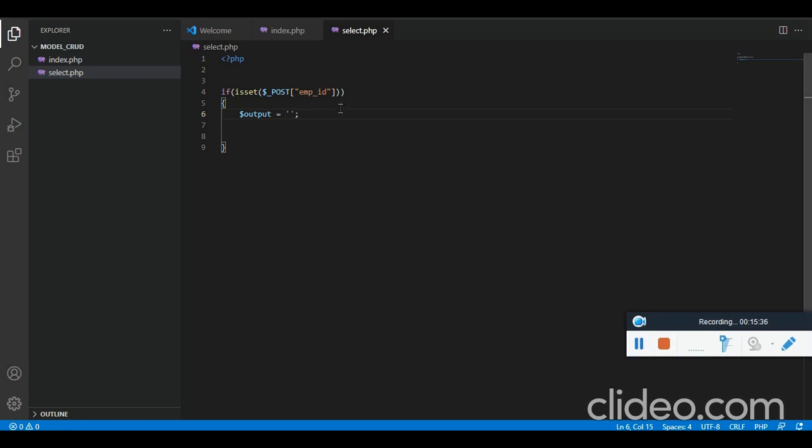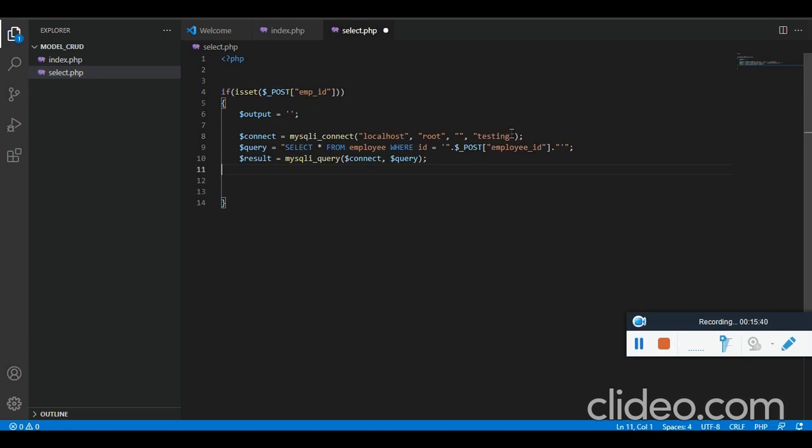Now we are going to run the select statement since we got the ID. The table name is going to be the TBL employee. This is database and this is table, where ID equal to the ID which we have created as a column, and this result is stored. So this is not going to be a collection, so we don't have to write the while loop, it is just going to be one value.